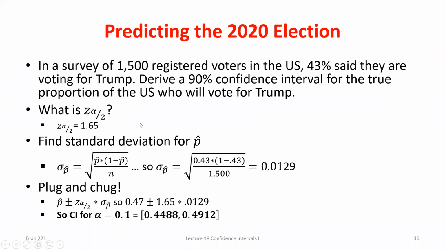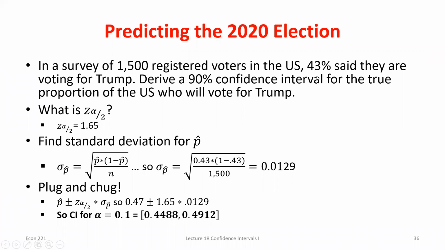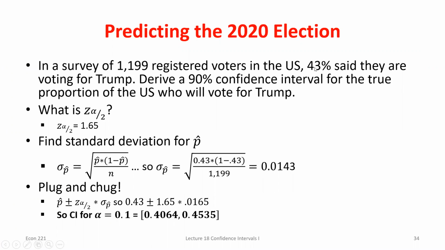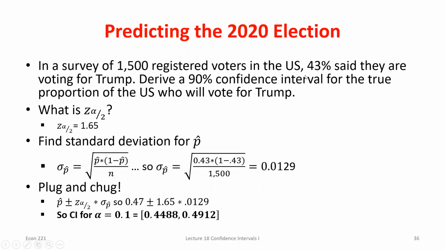So if we look at the Trump vote, it was 0.43 as well from the Rasmussen poll, right? It's kind of interesting: two different surveys found the same sample proportion. Now, it was obviously not exactly 0.43, but really close. So we look up that z-score, it's still 90%, so it's the same z-score. We plug in our sample proportion here, and now we get a lower and upper bound of 0.44 and